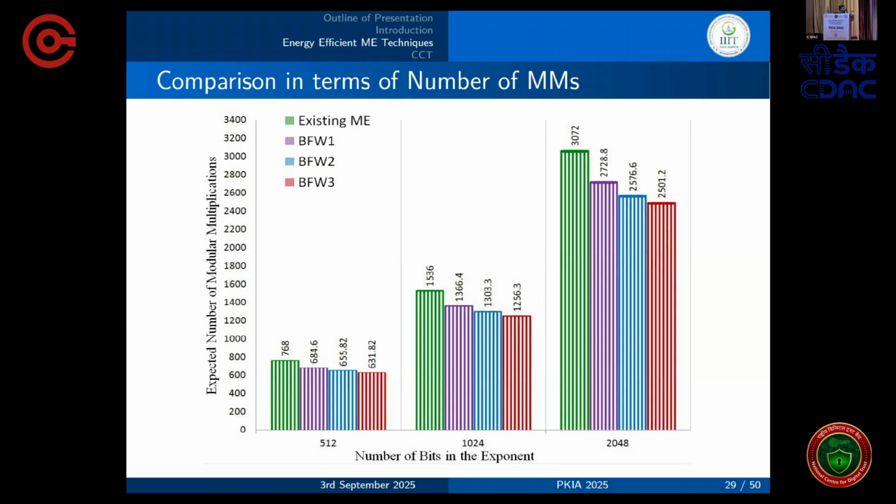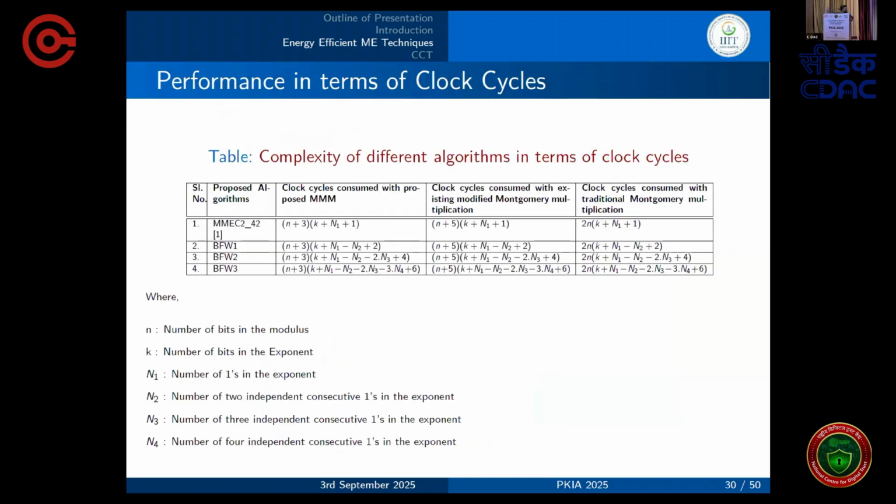If you are observing the graphs, you can come to a conclusion that the proposed algorithms are taking a lesser number of multiplications. In hardware, every operation counts; even if you are performing 1 extra shift operation, extra power and time are needed. When it comes to software, those can be negligible. So we have also computed the clock cycles required by each technique and displayed them in this table. And as usual, the proposed algorithms are taking a lesser number of clock cycles in comparison with the existing techniques.